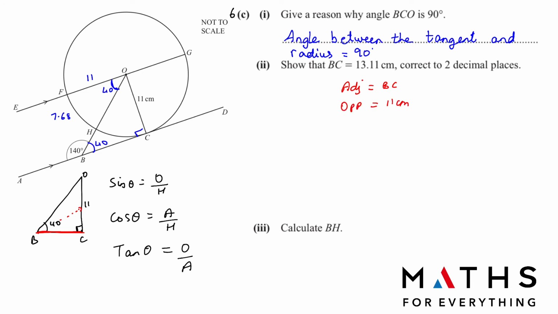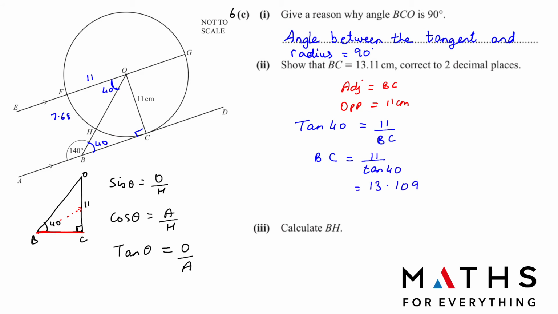So what does that tell us? We can use the trig identity of tan. We will write tan. Theta is the angle. So tan 40 is equal to opposite, which is 11, over adjacent, which is BC. We have to find BC, so BC has to be the subject. So we cross multiply. We write BC on the top and tan 40 in the denominator. We will get the answer